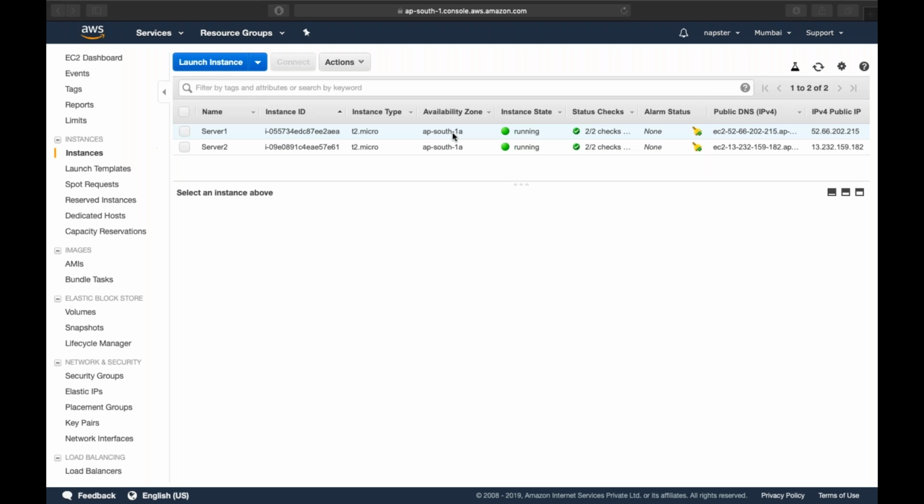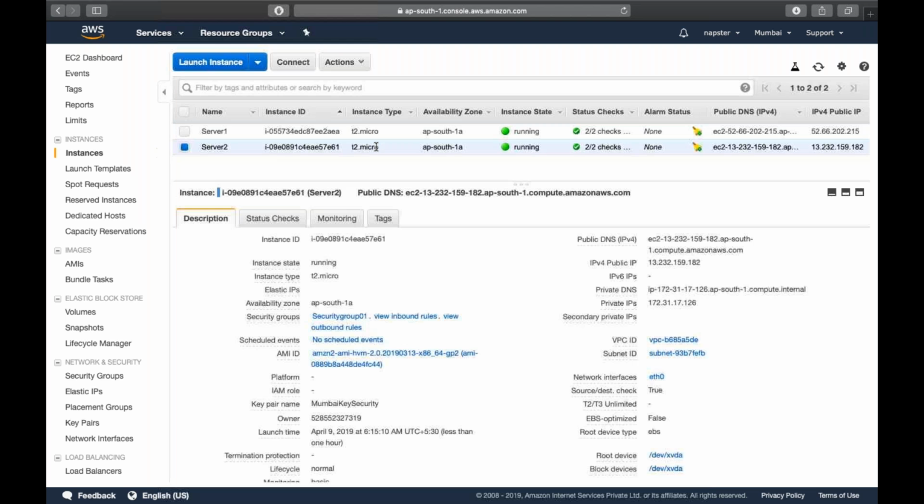Okay. So can you see my screen? Yes. So what I have done today, we will see first EBS, then load balancer, then auto scaling. As of now, I have just created two EC2 instances. In them there is nothing. They're just plain EC2 instances, and both are in the same availability zone, that is AP South 1A. So what we will do first,